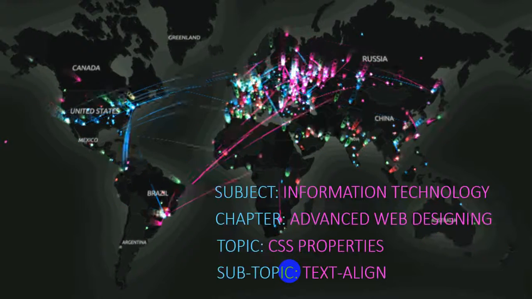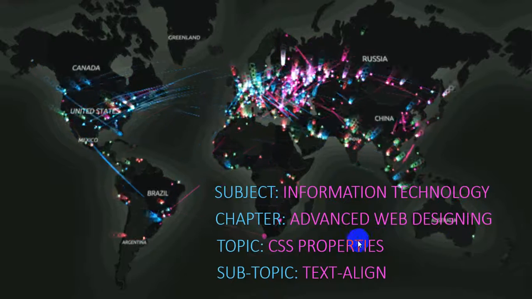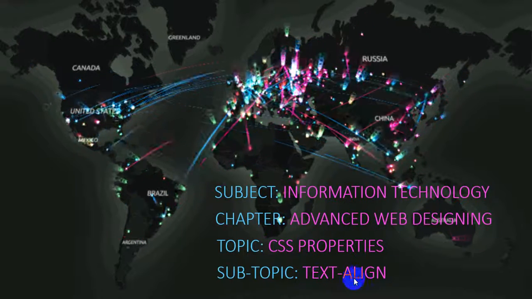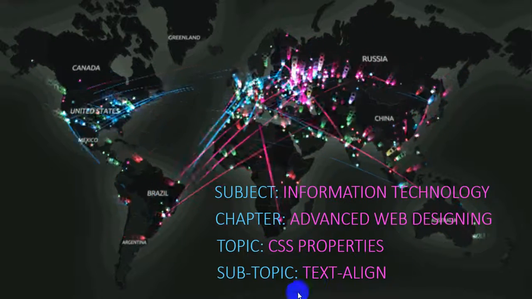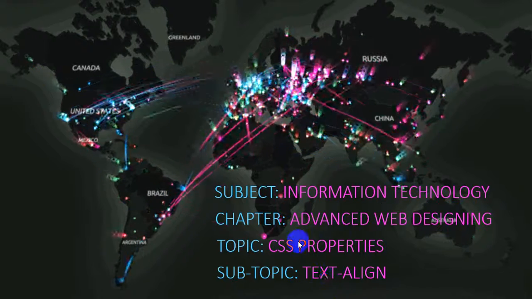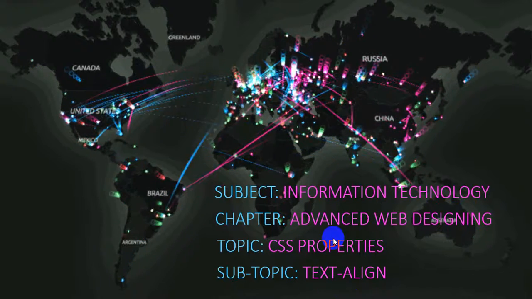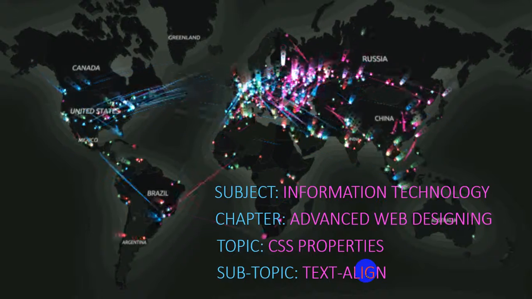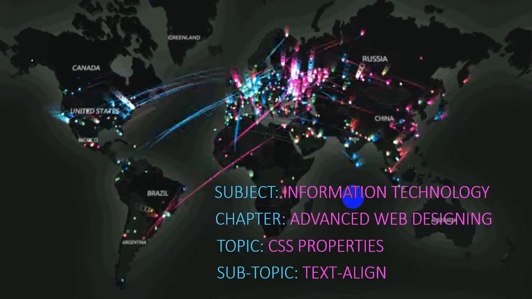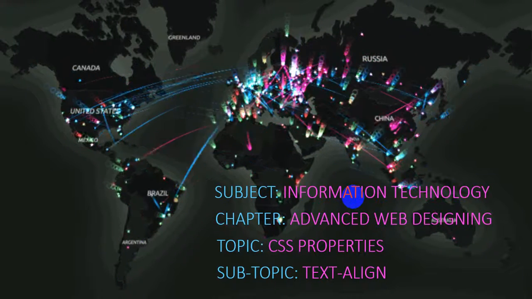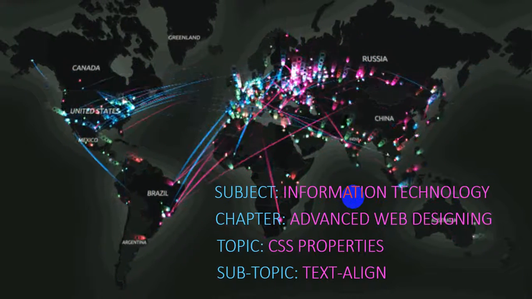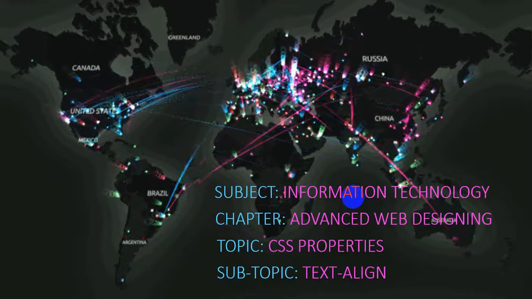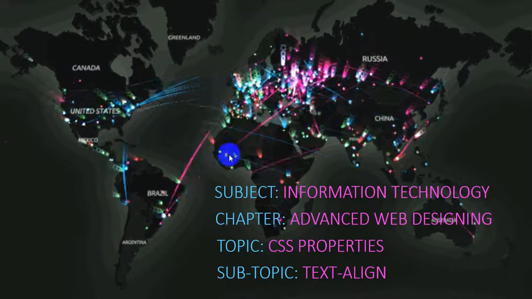Okay, so our topic is CSS properties, and our subtopic, or topic of discussion, is text align. As the property's name suggests, text means the set of fonts or the set of paragraphs. Then align, what does it mean? Align means alignment of text, that is, you are going to set text in a certain format. Means you have a set of text or a paragraph that you are going to assign on your web page.